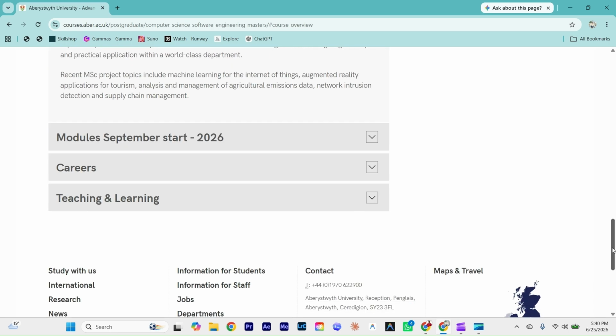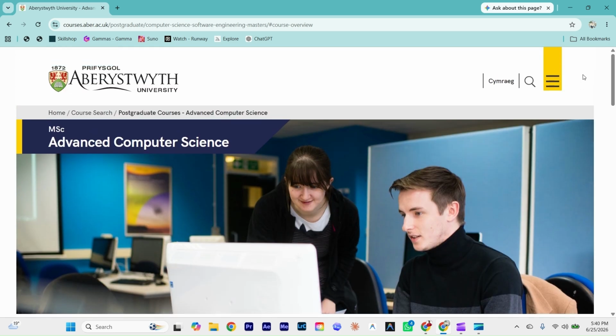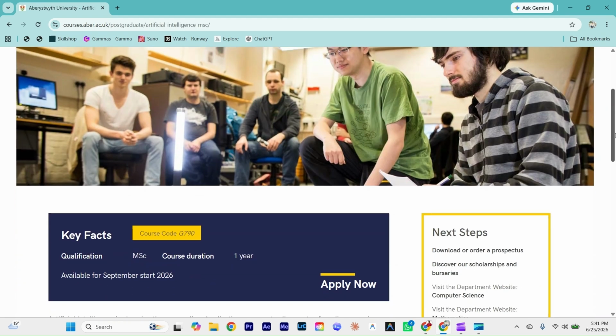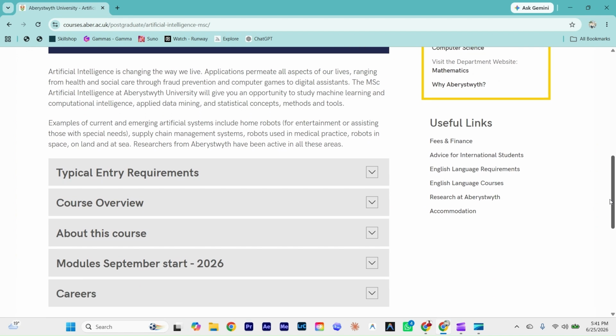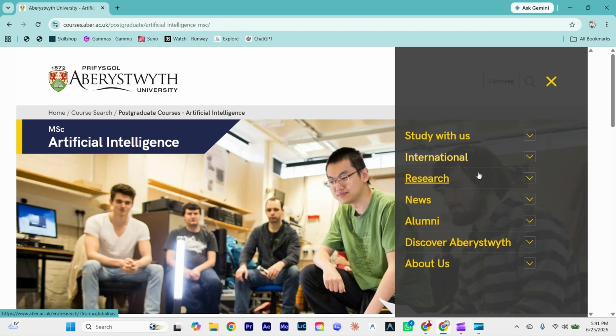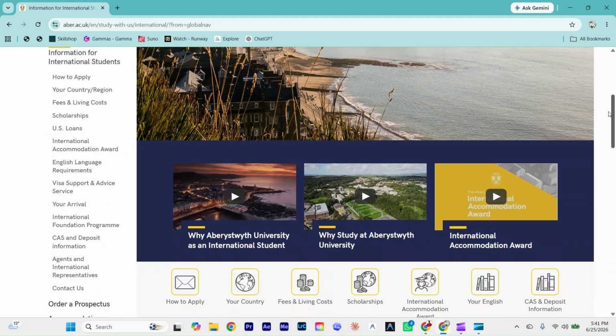You can review all of this information. All of this information is available for your program. So let's suppose you select any other program, let's say artificial intelligence, all of that information about the program is also available there. You can also go on the side menu and click on international, and now you can